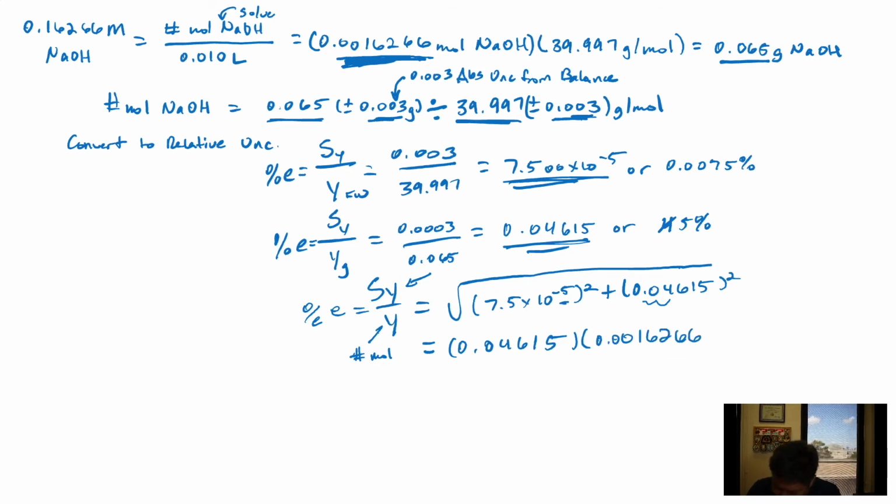0.0016266, right? And then that equals 0.00007, right? And so this would be your absolute uncertainty right here for a number of moles of NaOH. But we don't need that, right? Not yet. When we're doing